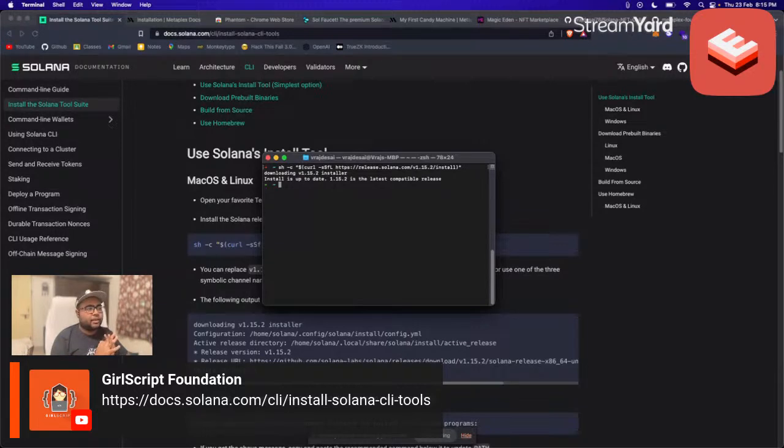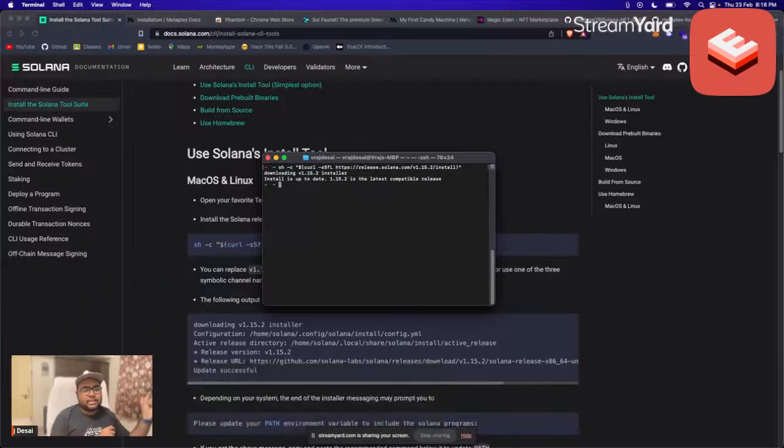So what is Metaplex? For EVM based chains, like for Solidity, we have OpenZeppelin, right? We can just import the smart contract from there. There are some token standards like ERC 721 or ERC 20 which are already written, and we just have to import them from the OpenZeppelin SDK and we can use that NFT collection. But for Solana, there is this thing called Metaplex, which handles all of the things related to